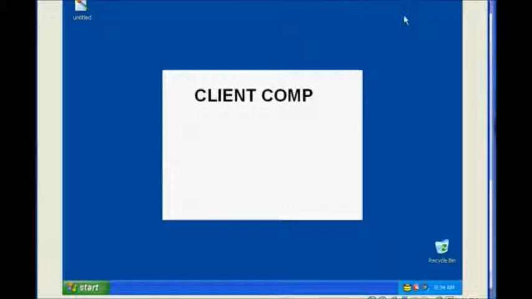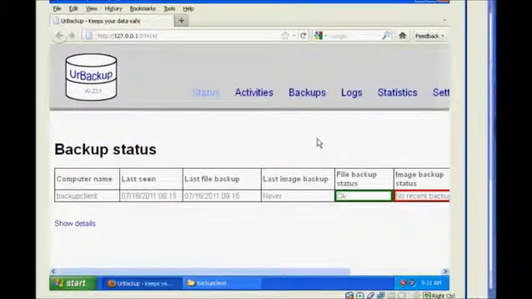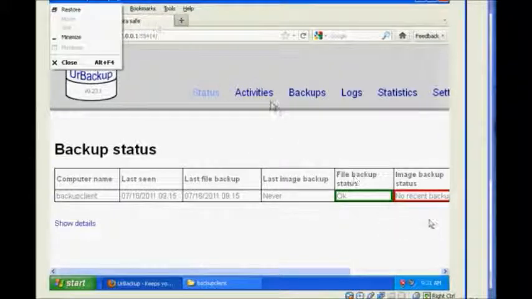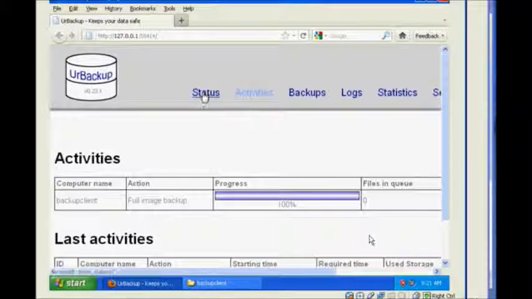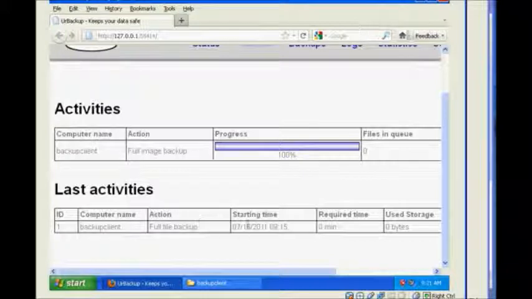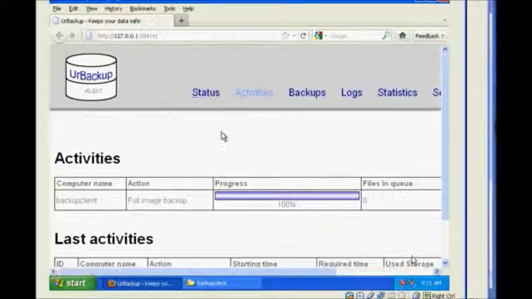And okay, and you see this is yellow. That means it's working on that file. The backup has started. Let's go back to activities on the server, and you can see right here full backup, required time. Okay,